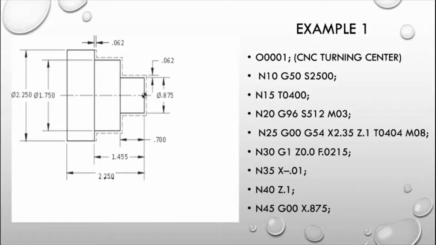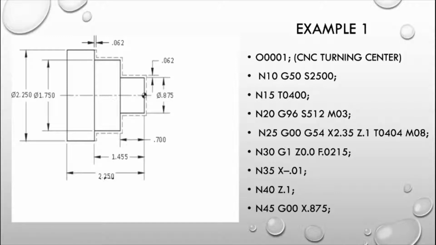This is our first example of a CNC lathe machine. This diagram shows the part that is made by the programming of the CNC machine. The first line of the program is O0001, that shows the program name. N10 is the sequence number and block number, G50 is the maximum spindle speed, S2500 is the spindle speed value, N15 is again the sequence number,